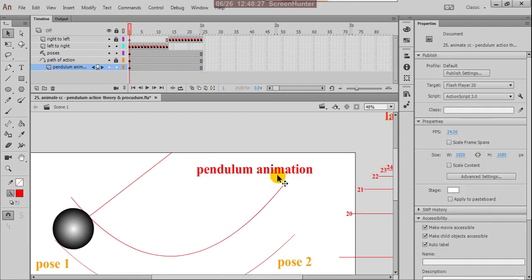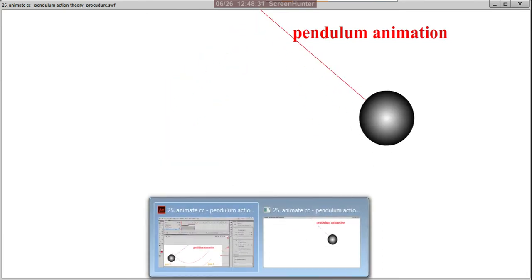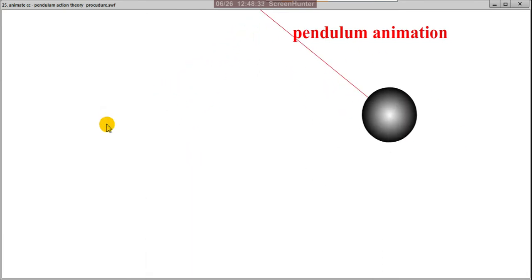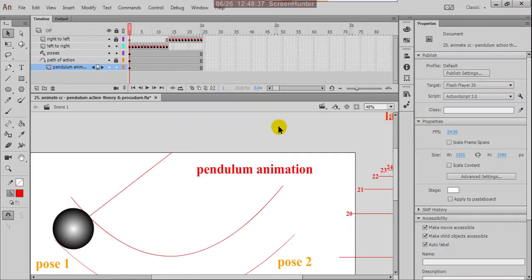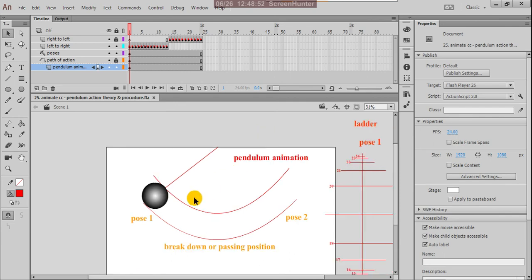This is a pendulum animation, and again Control Enter and observe this action. Right, perfect. Control S. Okay, so this is pendulum action, pendulum animation.